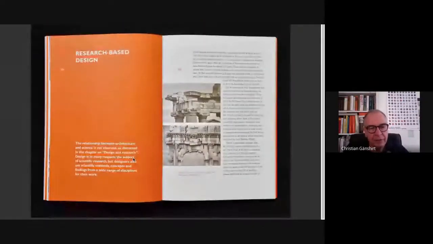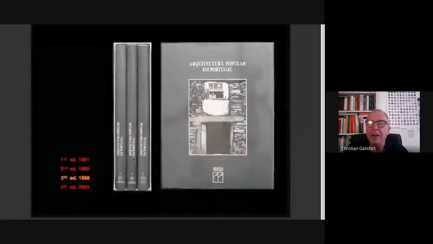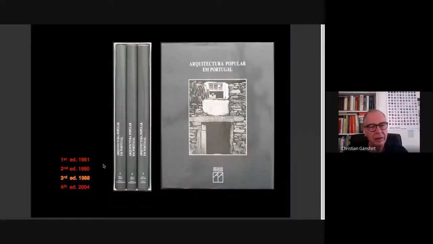Another approach we badly need to come up with better and more sustainable architecture is research-based design, because we need to do research to find out how to do better. And that's nothing that comes by creativity, that comes by knowledge, by research-generated knowledge. An important research project in Portugal about